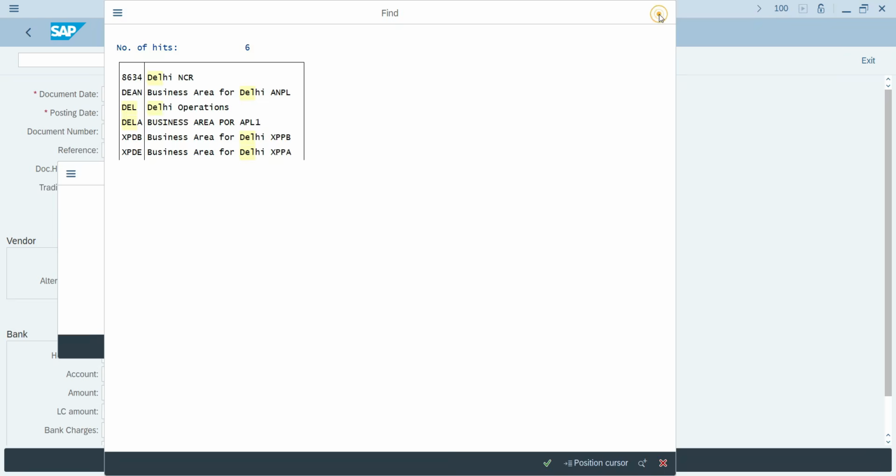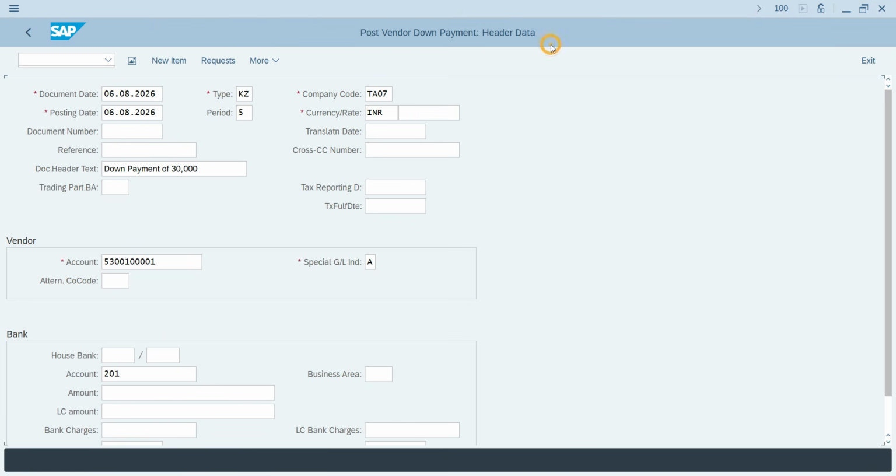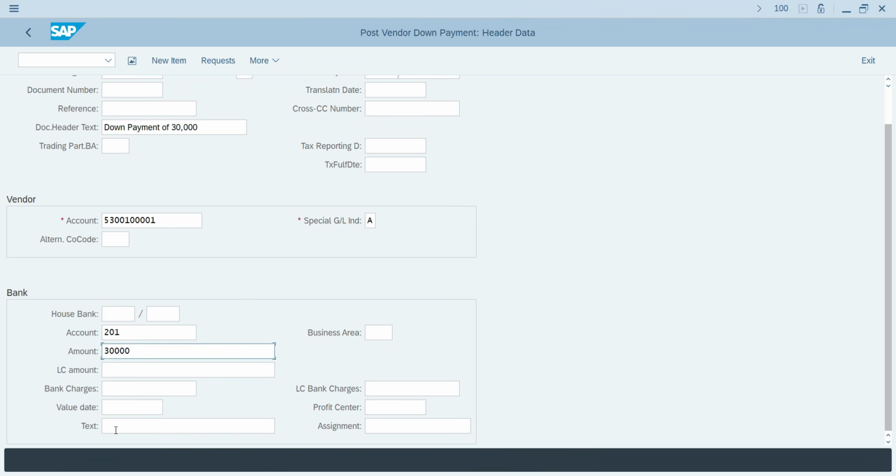You can search any one of the business areas or assign it, if you want to assign. I do not want to assign the business area or connect with a business area. Now mentioning the amount. Amount is 30,000. If you have bank charges, you can mention them here. Okay. Text you need to mention down